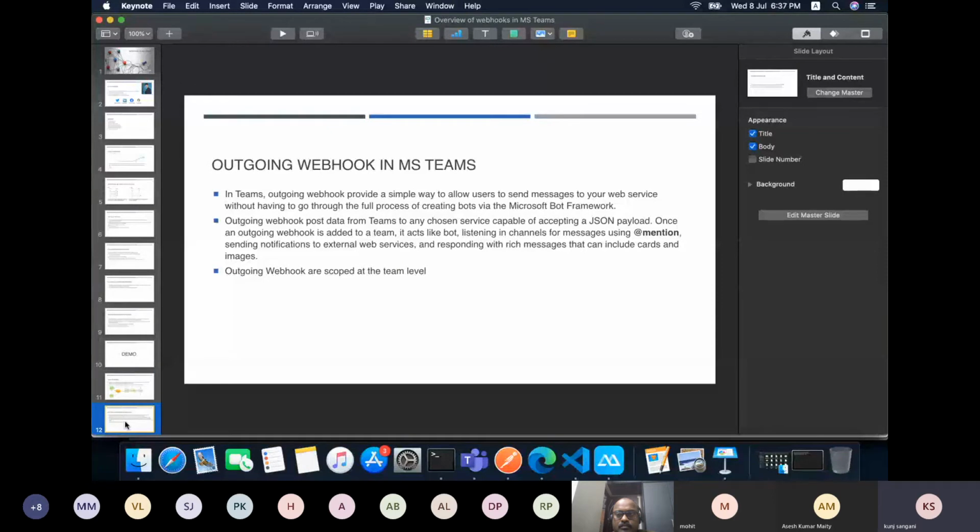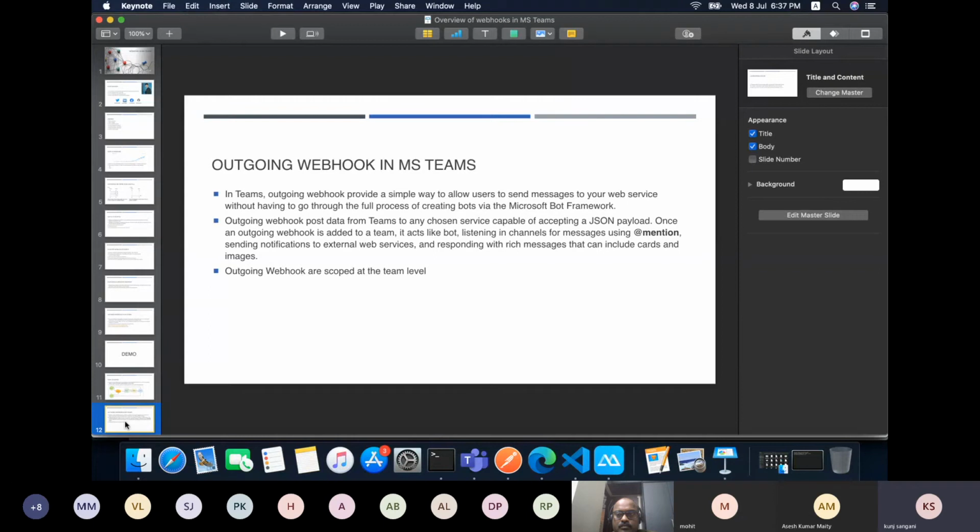Now the last topic is what is an outgoing webhook. As the name suggests, it is outgoing, indicating that the data is sent out of Microsoft Teams. The question is, when will the data be sent? What would be the trigger point? The trigger here would be an @mention. Whenever a user wants to trigger the webhook, they can just use @name of the webhook with some message, and then the rest is taken care of by Microsoft itself. Teams would take care of it and send the data.